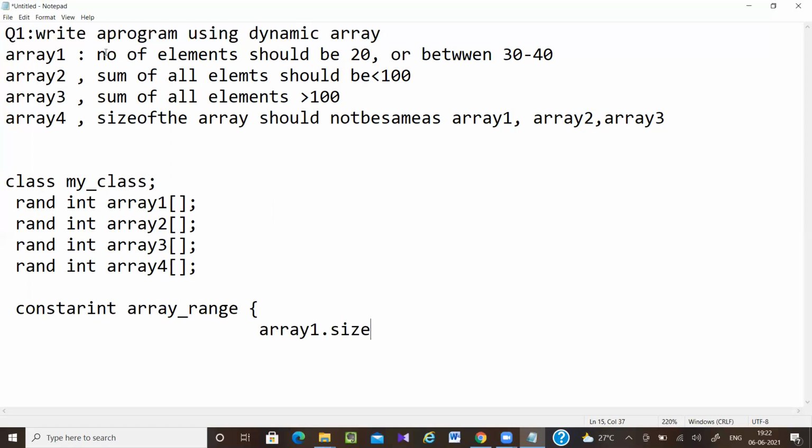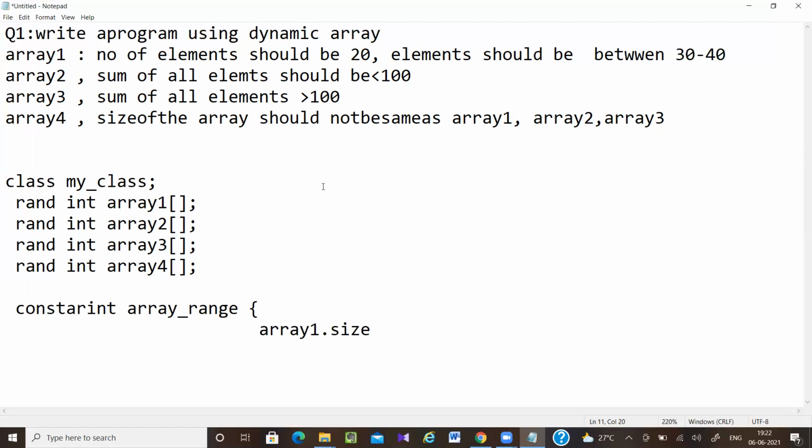The number of elements should be 20, and the elements should be between 30 to 40. So here I have written the size should be 20 or 30 to 40. That I will explain in another class.